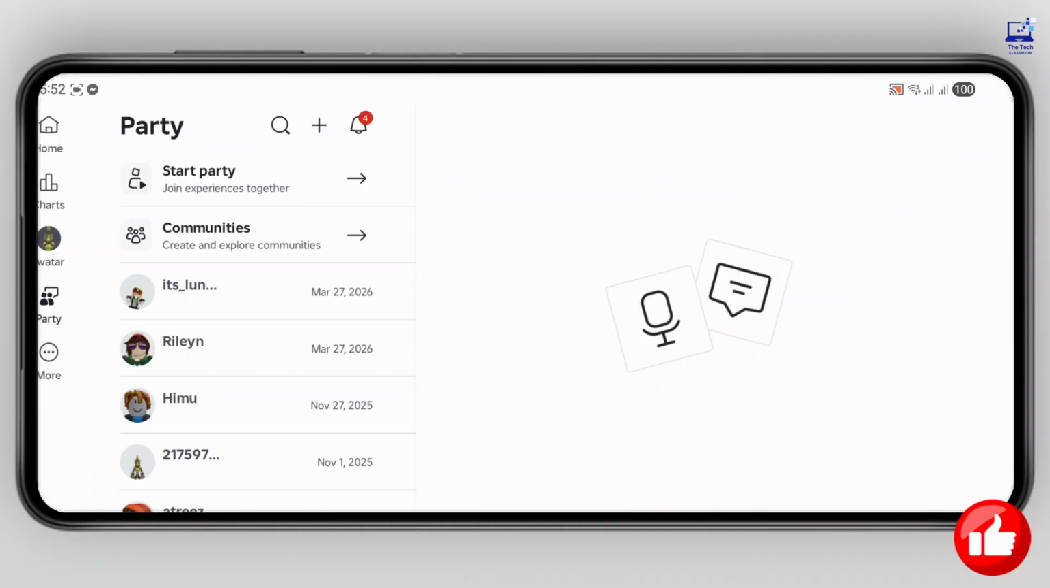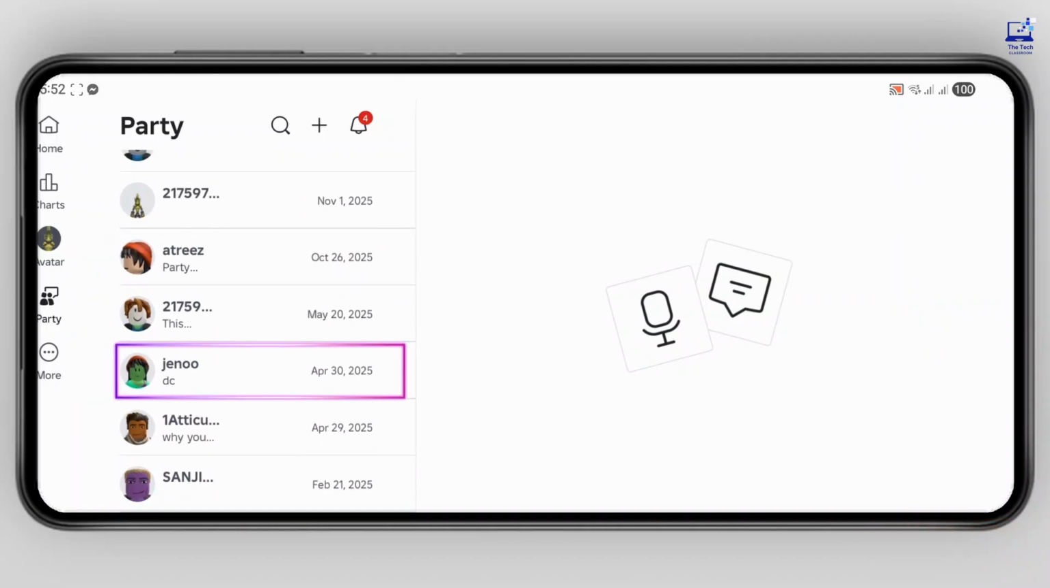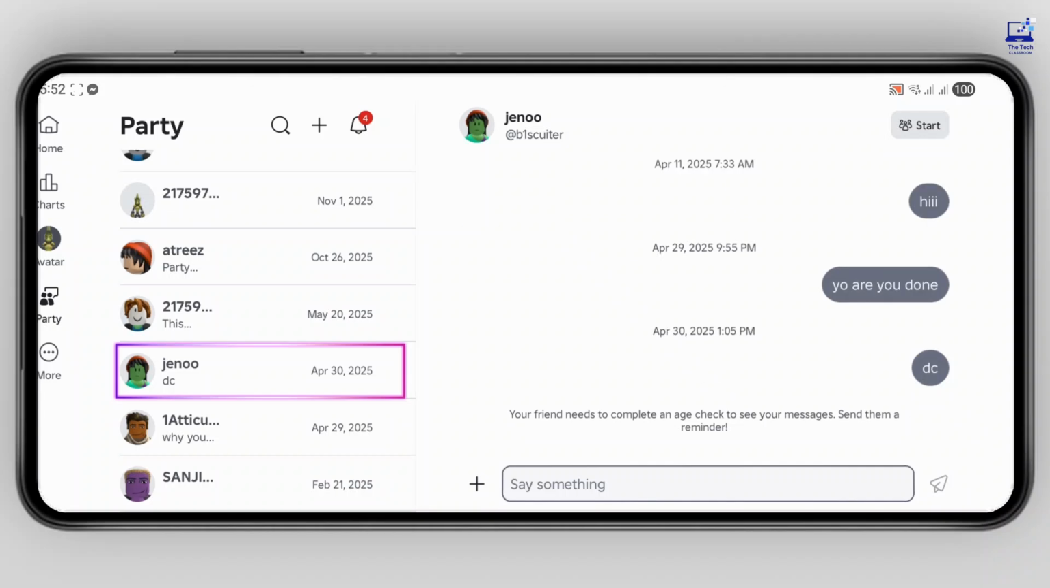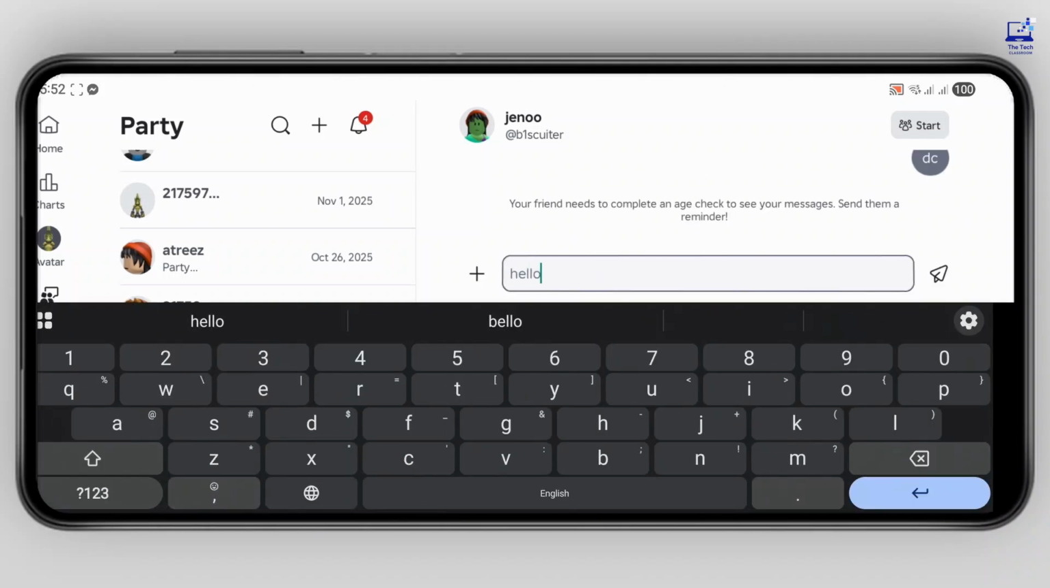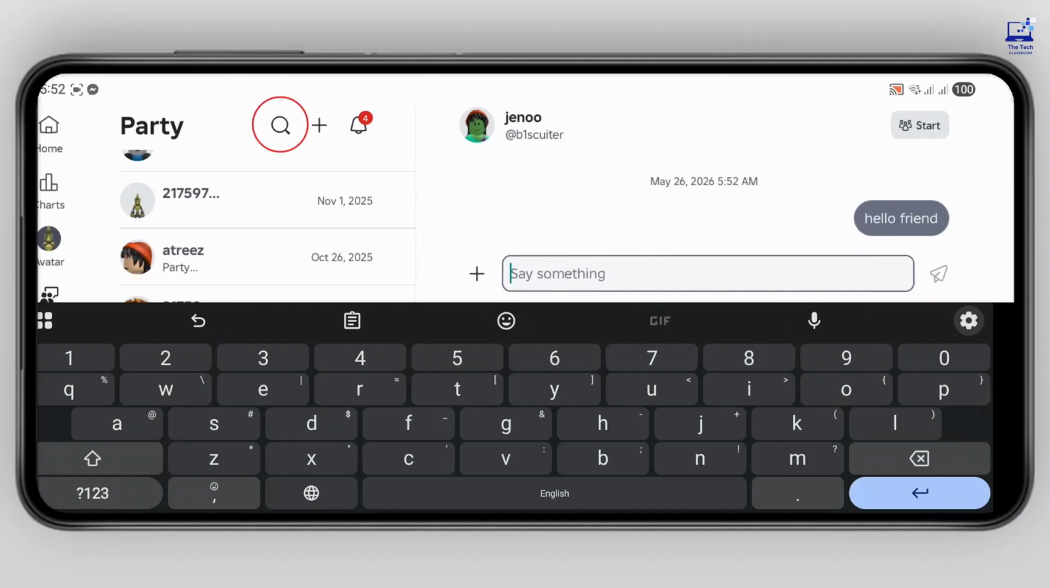After that, you'll see a list of your friends appear inside the Party section. At this point, tap on any friend from the list to open a chat with them, and tap the text field at the bottom to start sending messages. From there, if you're looking for someone specific, tap the search icon at the top and type in their username